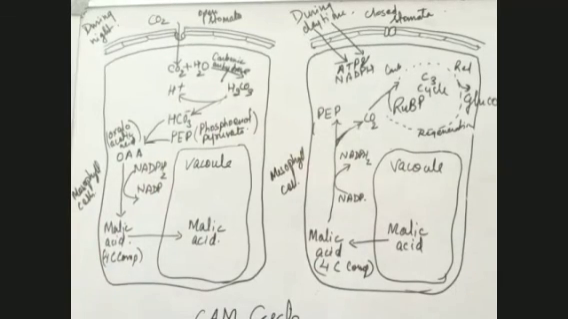This oxaloacetic acid which is formed utilizes a high energy compound. What is that high energy compound which is utilized? It is NADPH2. This is utilized, and when it is utilized, it gets converted into NADP. Now what happens? After utilizing this, it gets converted into malic